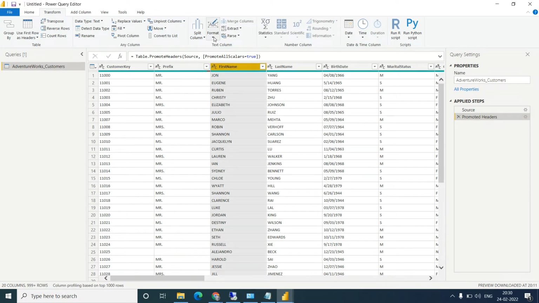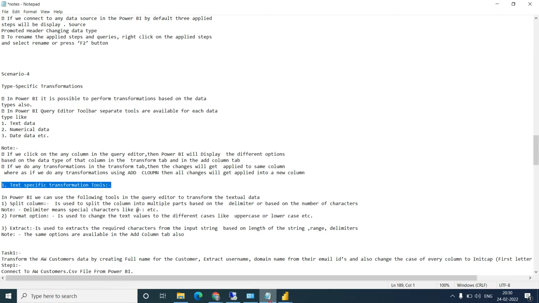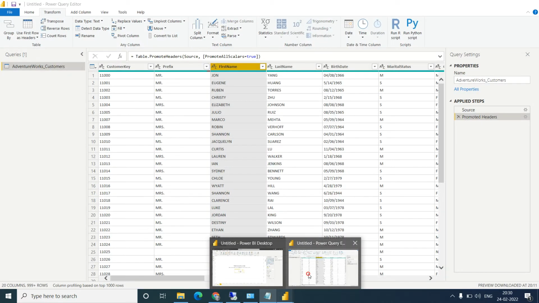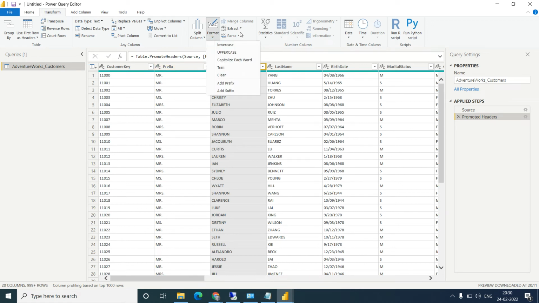So these are the text specific transformation tools: format, extract, then split. These are available.